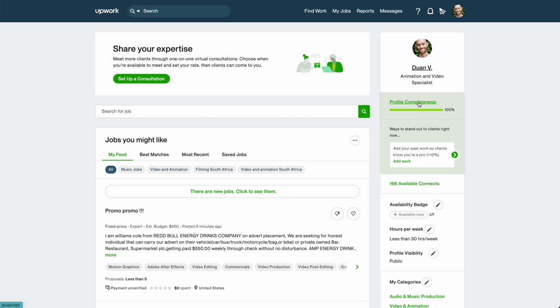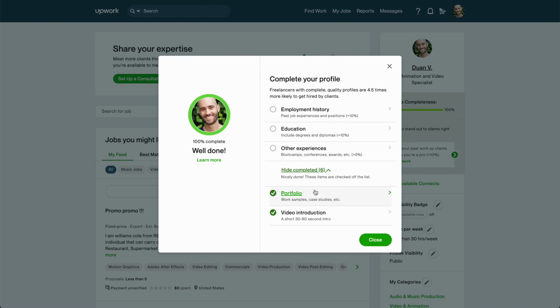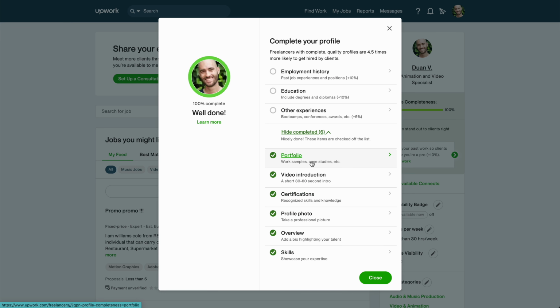When you look at this profile completeness tab and click it, it shows you how much percentage you can add to that bar to get to 100% whenever you do certain things. For example, if I add my employment history, that adds 10% to get to that 100%. I've already done many of these things to get to 100%, so you can see those are the completed tasks. Upwork actually tells you if you do this, you can get 20% on your profile completeness, or 10%. Now,